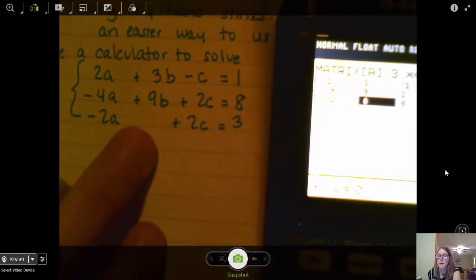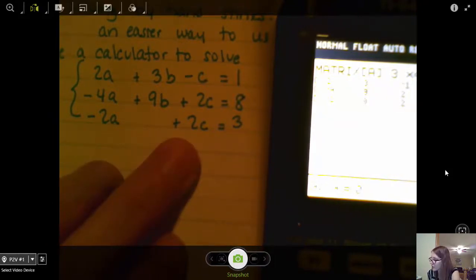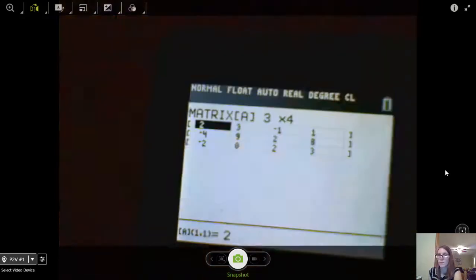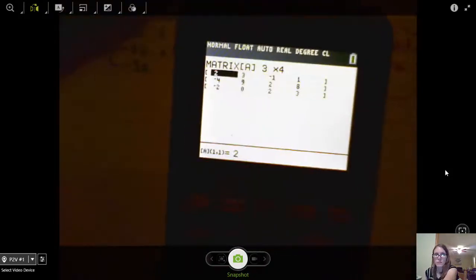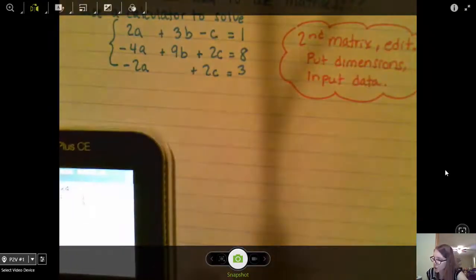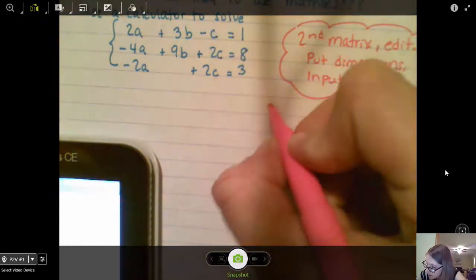Make sure we have that space there. We have 0 b's. 2 c's equal 3. So your matrix should look like this in your calculator. Okay, after we get this typed in,